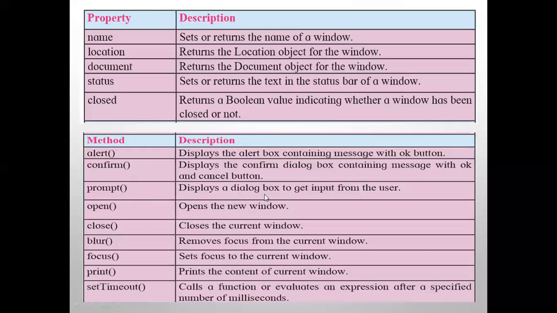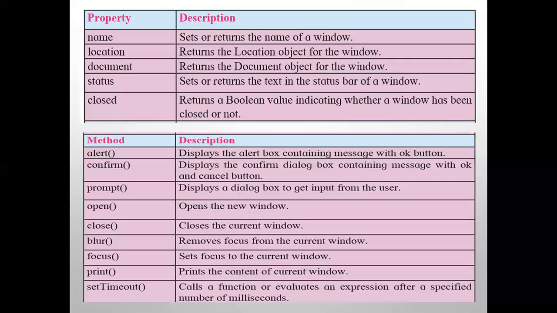Prompt displays a dialog box to get input from the user. This is very important, and we use this function mostly in our programs. In last year's sample programs, we used this function heavily. When I say prompt, enter a number, the message has to be given inside the parentheses. One window will be shown to you with the message, enter a number, so you know that a number has to be entered. It is used to get input from the user.